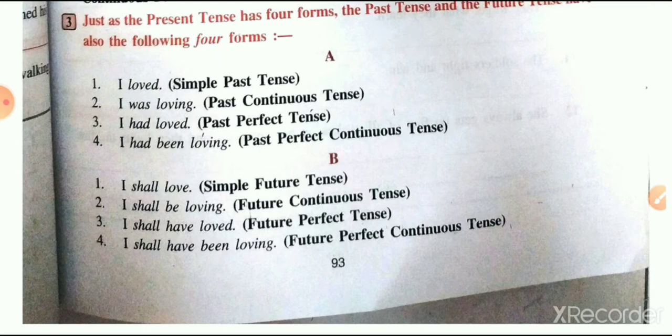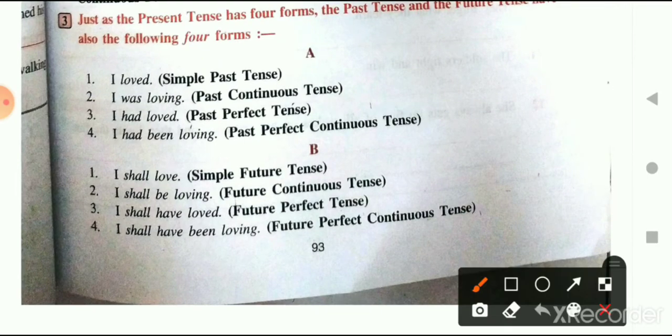So the first 4 types of tenses are associated with past tense. That is, simply we are adding simple past tense. We have added the action part and also the time part, and then it became the tense, as we know that tenses are the combination of time plus action. Similarly the second type of tense is past continuous tense. Then we have past perfect tense, and the fourth one is past perfect continuous tense.